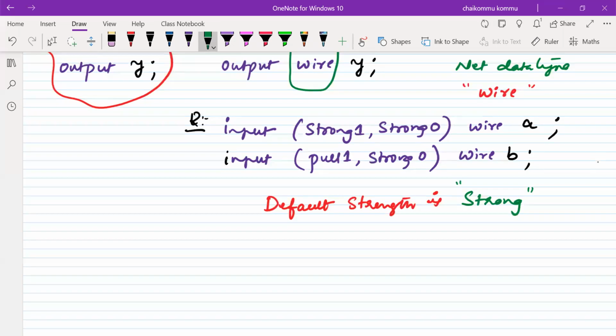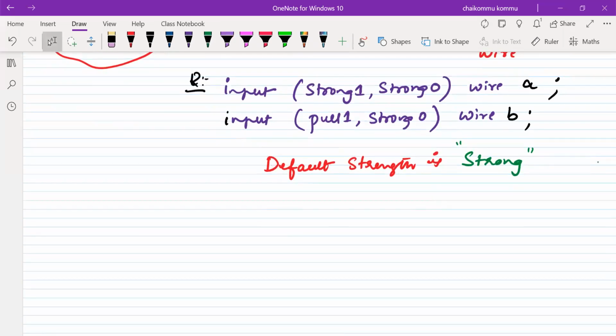Please remember. Similarly, this is actually a drive type. For example, if it is a capacitor type, what is the default strength of the capacitor type? That is medium. We have to write medium under drive type. Similarly, we have to write what is the default strength.